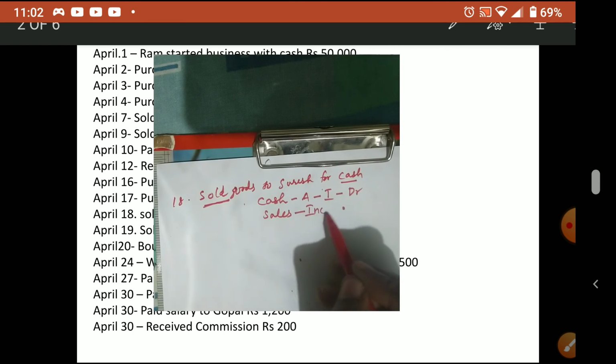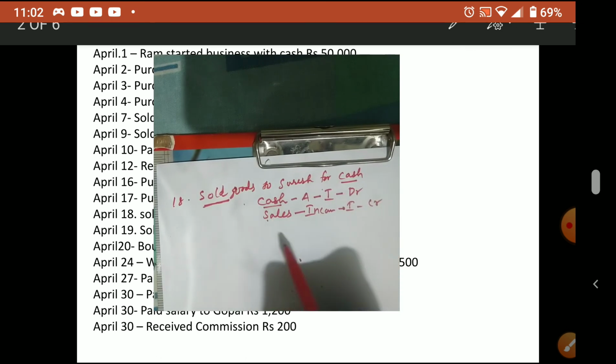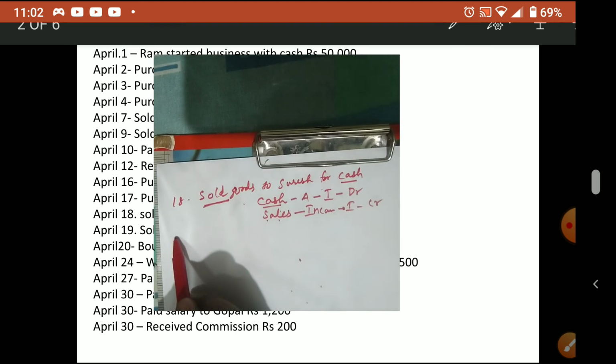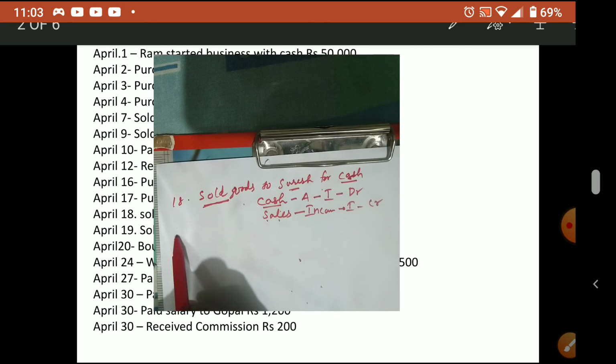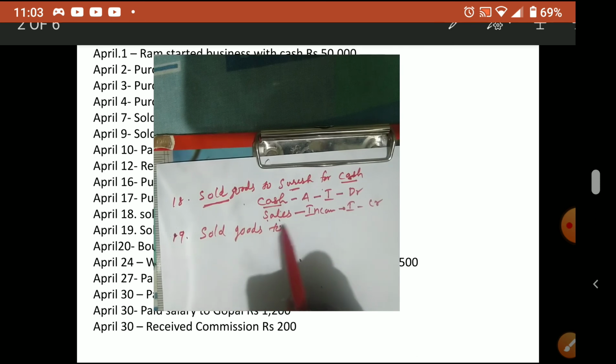Then sale is income. Income increase, credit. Okay. So cash account debtor to sales. That will be the journal entry. Understood? Because cash is involved, so Suresh is not important. Next one we'll see. Sold goods to Suresh. If only sold goods to Suresh is given, then what to write? Then cash is not involved. Who is involved? Suresh is involved. Suresh and sales. Sales, no change. If cash sales, credit sales, sales account will be there. If cash sales, then cash